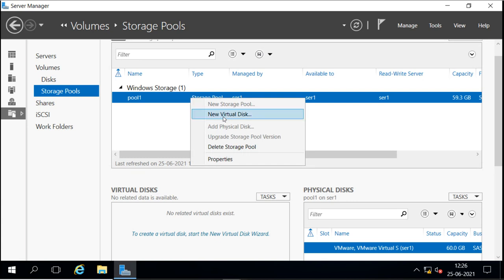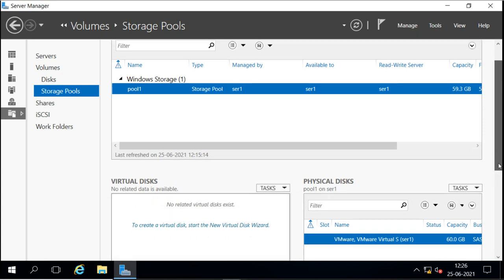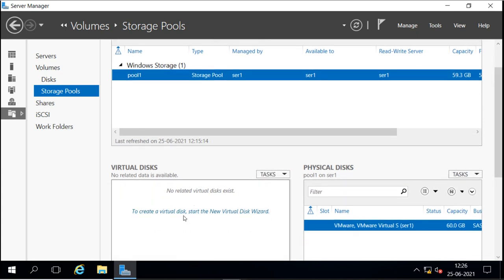So we can create from here or from here. There is no virtual disk or storage spaces available, so I want to create one.